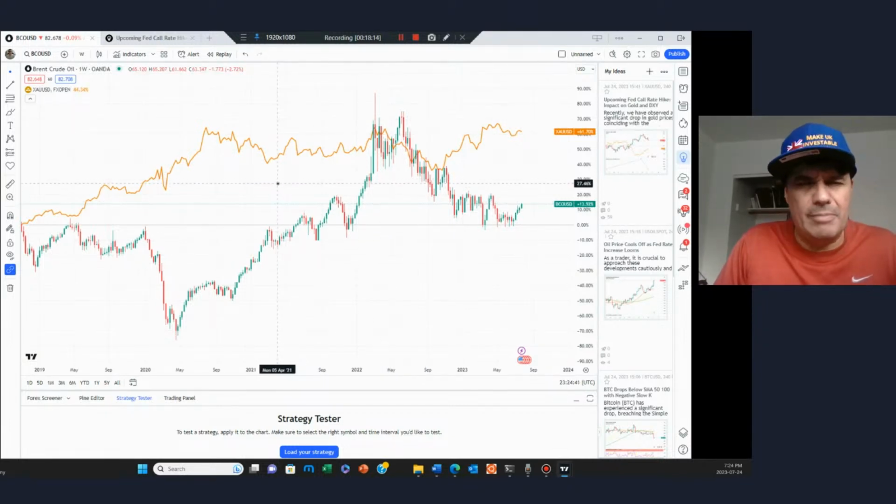Now, from my point of view, everything fundamentally in the economy of China is really in bad shape right now, and they're desperately trying to stimulate their economy. So because of that, China is the main driver, but I think over time the U.S. market will be affected by it as well. And there's lots of numbers showing there is a decline. The PPI is the big one. The production,